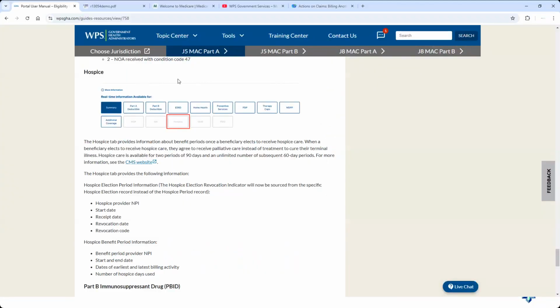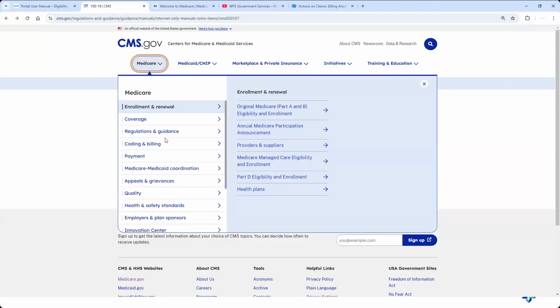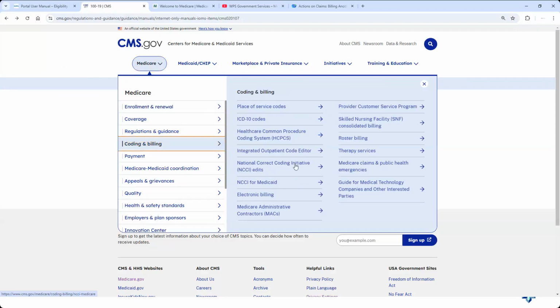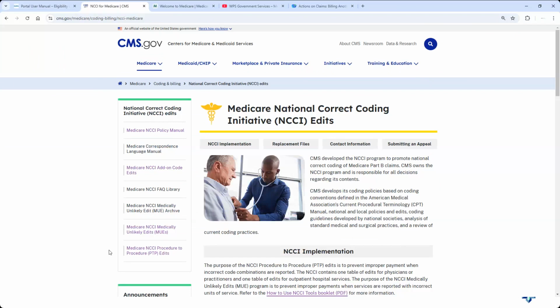Correct Coding Initiative. So again, CMS website, let's jump back for 1 second here. On there, you're going to come back down and you're going to go to Coding and Billing, National Correct Coding Initiative, and you're going to look down this side because CMS does have 3 different types: medically unlikely edits, add-on code edits, and procedure to procedure edits.